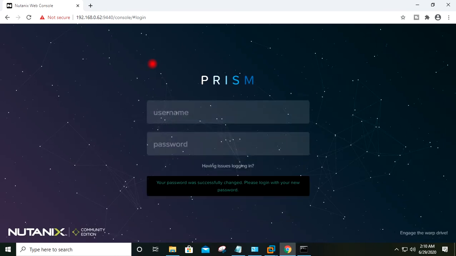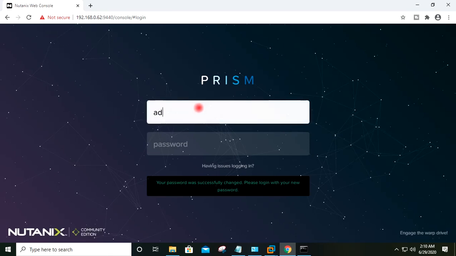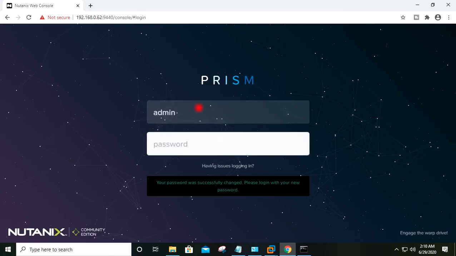Password has been set successfully. Now I will log in to Prism with the new credentials, admin, and I will give the new password which we have just set.